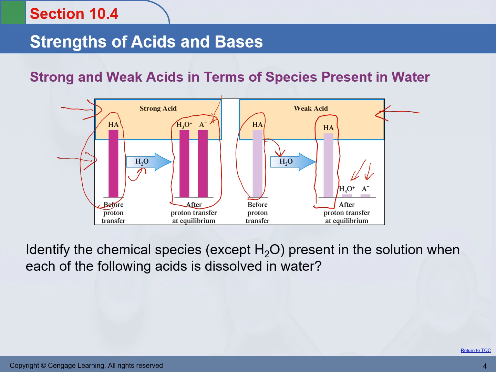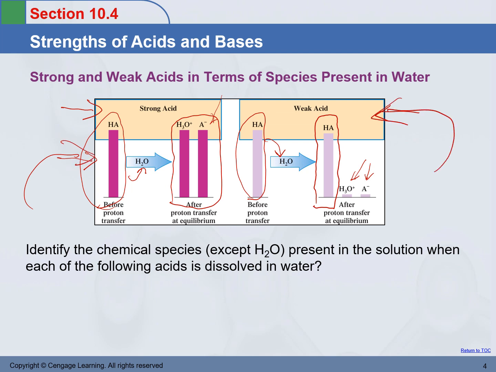Identify the chemical species, except water, in the solution when each of the following acids is dissolved in water. Okay, they will give us some acid and ask what species exist in the solution. How do we know the answer? We're going to look back at these two